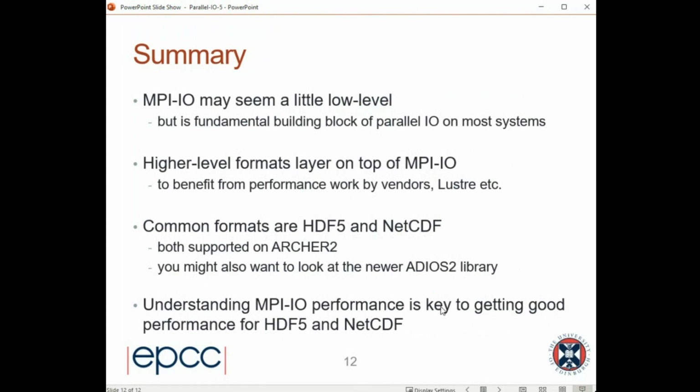You might also want to look at the new ADIOS2 library. I am working towards putting that into the benchio. But understanding MPI performance is key to getting good performance for HDF5 and NetCDF. So that's why I've concentrated on that here. That's the way to understand what's going on. And as we finish up, a bit early, I will basically